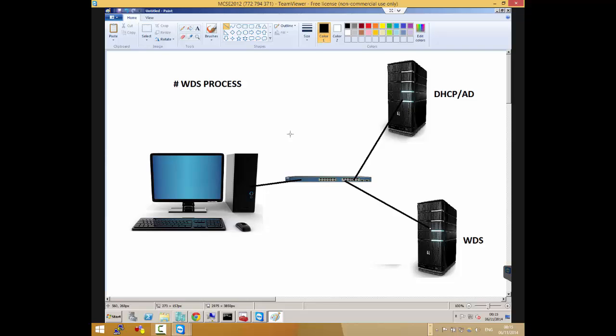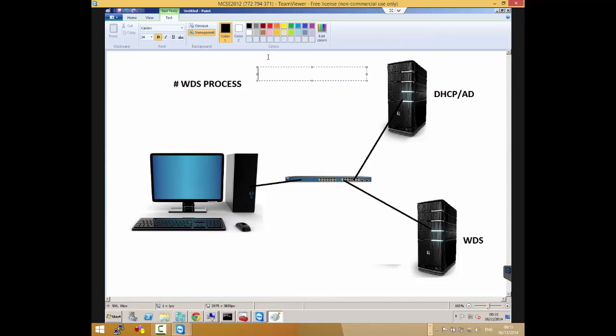Well, your workstation does a network boot request. When it does that, it sends out a DHCP request. So let's start with that. Number one, it's going to do a DHCP request. And when it does a DHCP request, what does it request? An IP address.